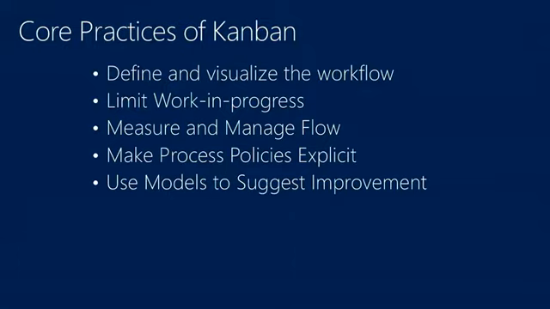Meaning, if you have a limit that says the developers can only be working on 3 story points at a time, or 3 work items at a time, and in front of the developers in the queue are the designers, and the designers are sitting there twiddling their thumbs, well, you have a constraint. You have a constraint that you either have too few developers or too many designers. And you have now, the last bullet point, the opportunity to change your process.